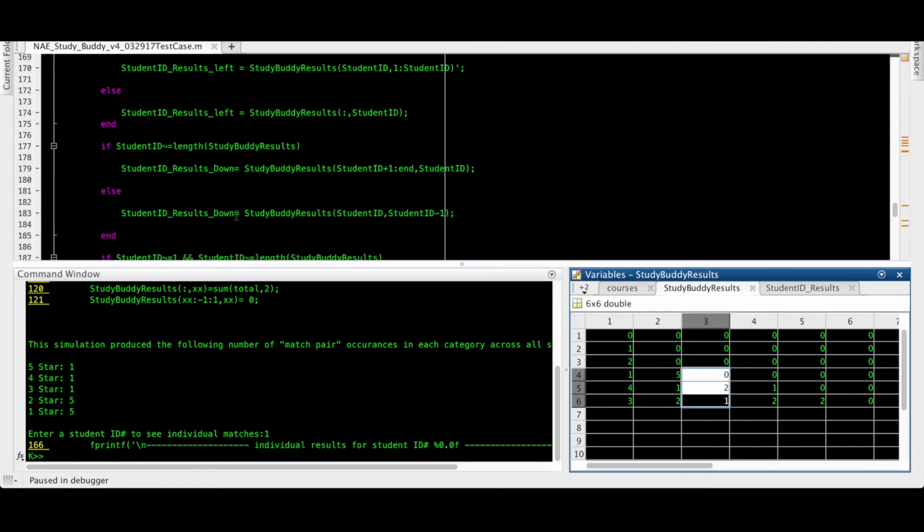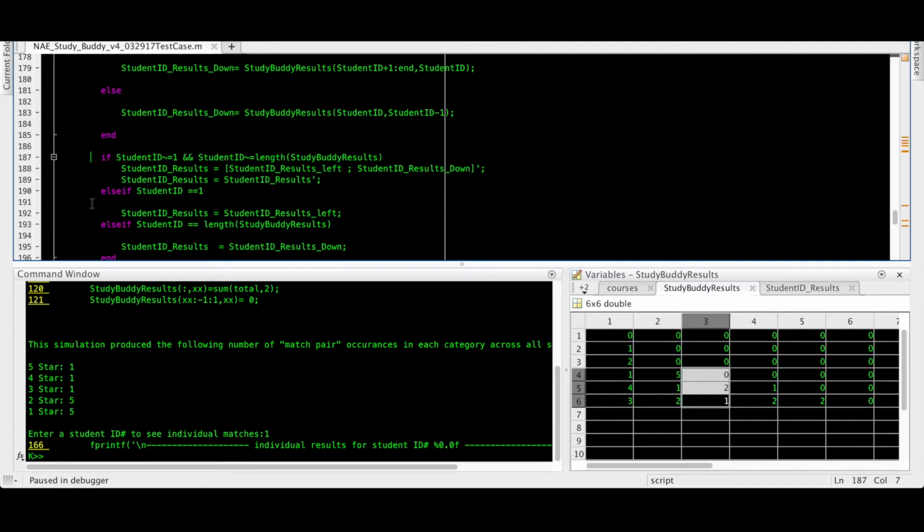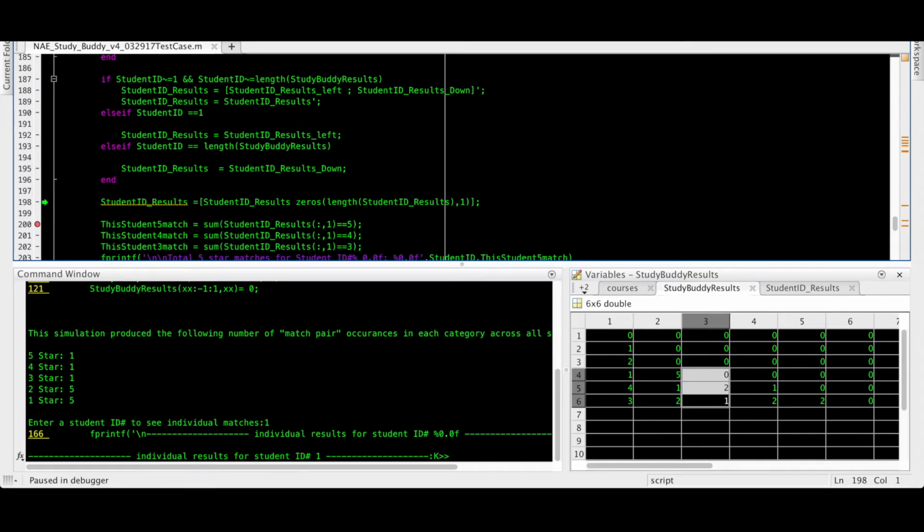Then those two are put together. So let's let the code run all the way to where they are combined.